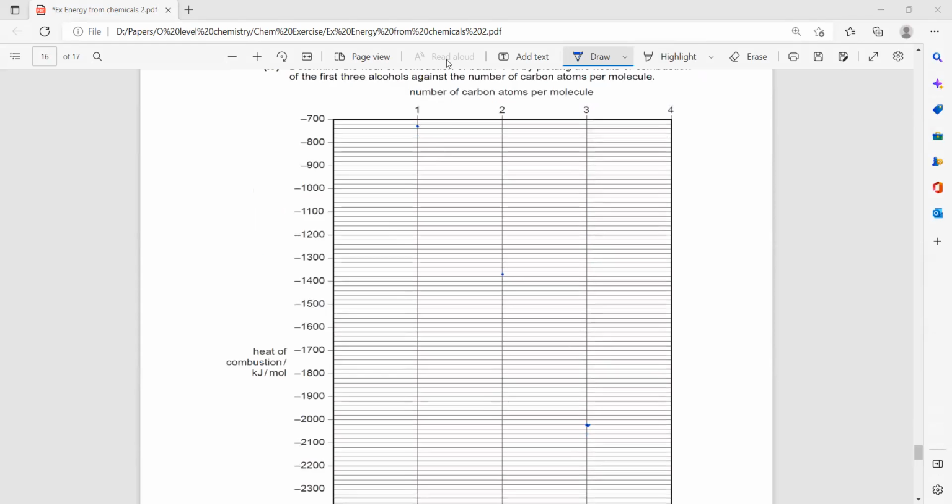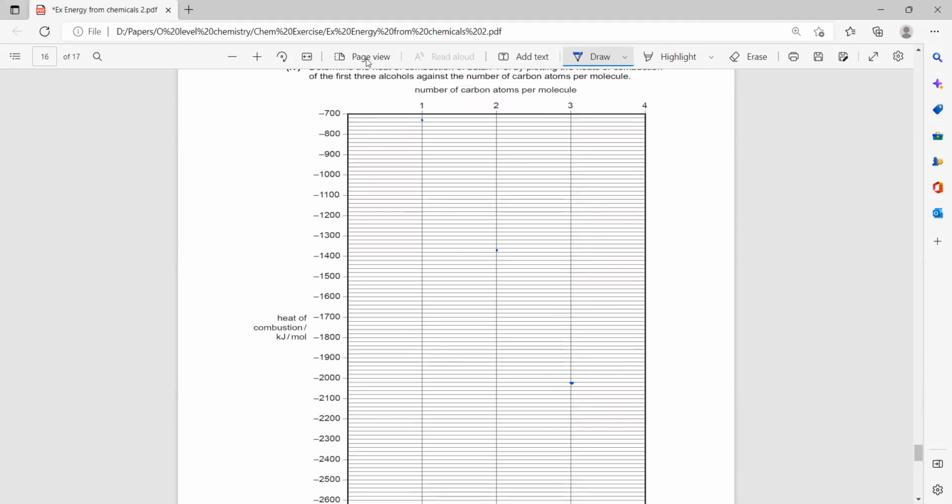Now after marking the points, we just join these using a ruler or a scale, to work out